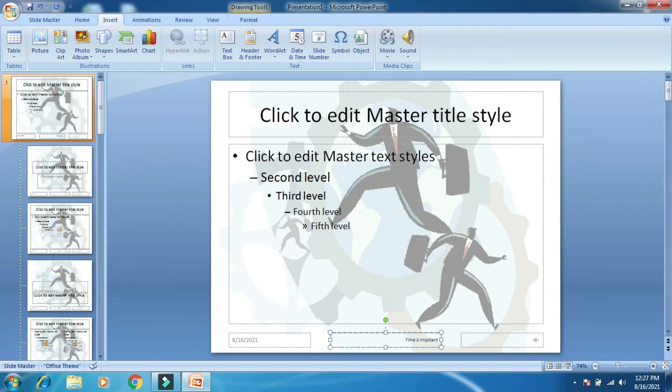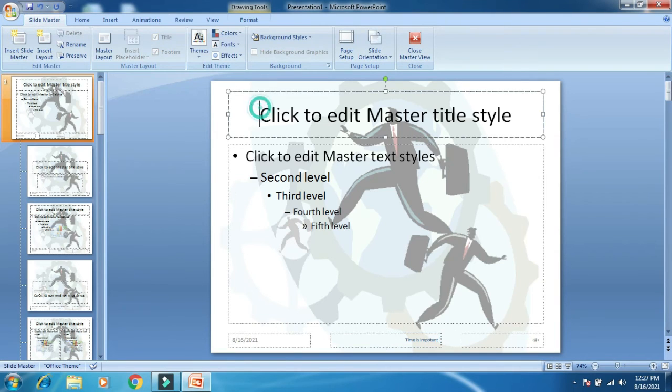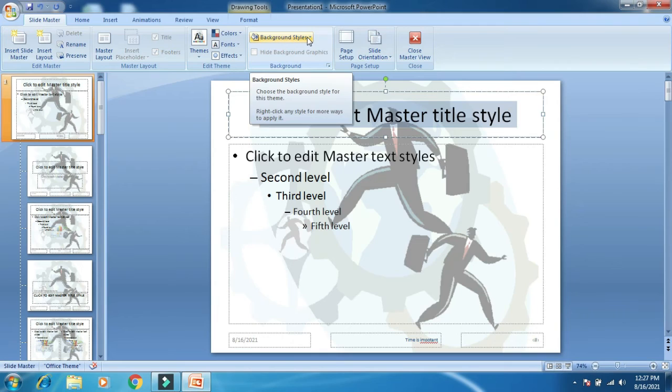And if you want to put some message, you can write, for example, Time is important. It will reflect on every slide when you view the master slide.